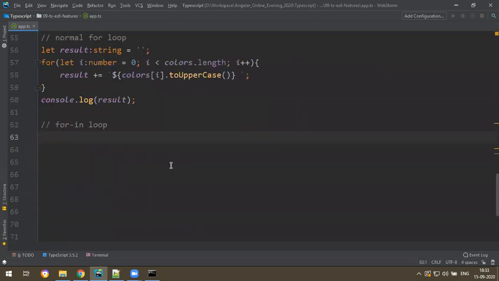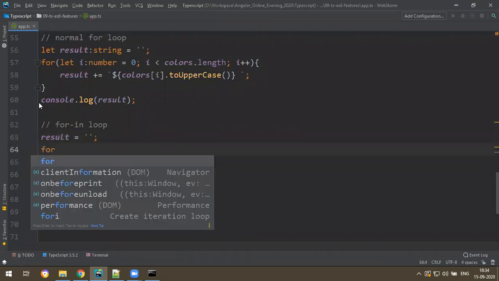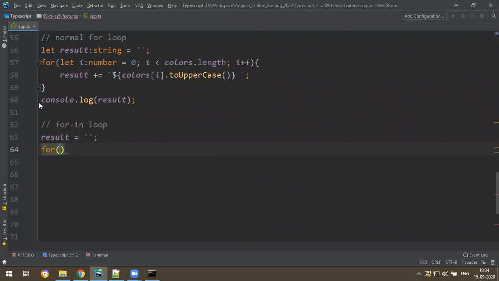So the for in loop is a little shortcut. Let me take the result as empty, so that I can add new values. So for let index in colors. Okay, just like that. So this is the longer way, this is the shortcut way.